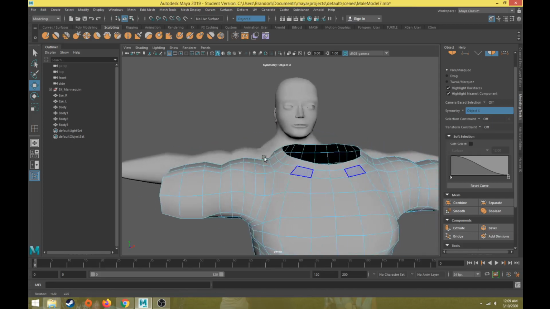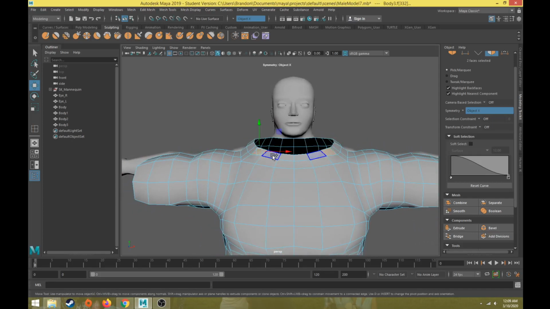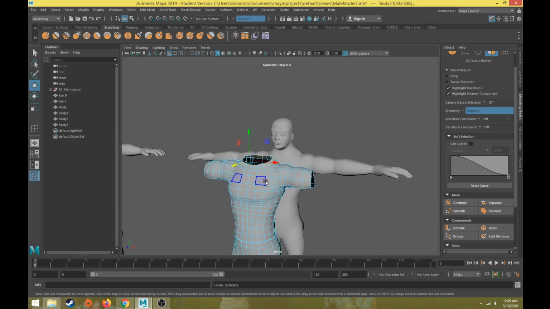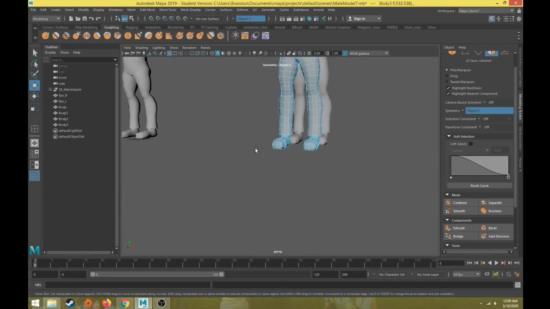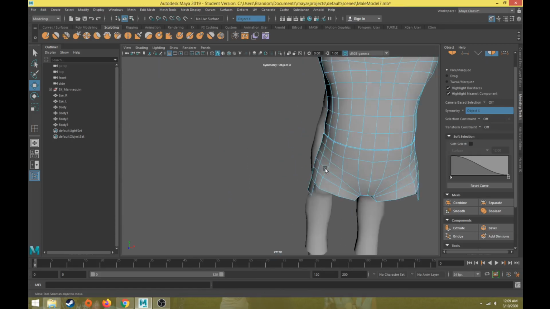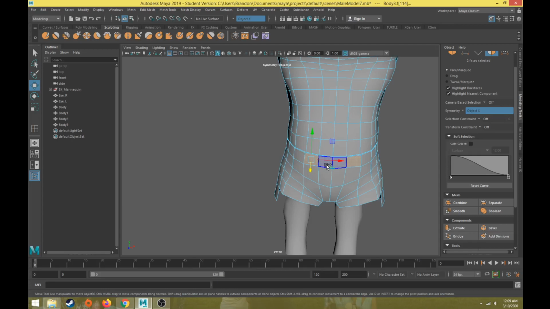Like that. So we have the loop for where the shirt would come in. Maybe another one down. There we go. That'll work. Keep that one. Put that one back in there. Then we're going to delete the rest of the legs going up to this point where I have my shirt